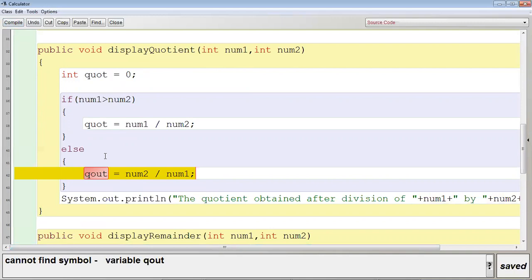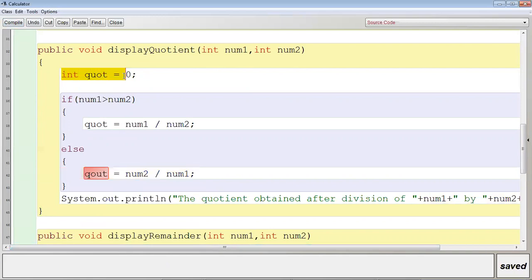Here I have declared int QUOT. int QUOT is equal to 0. Then QUOT.